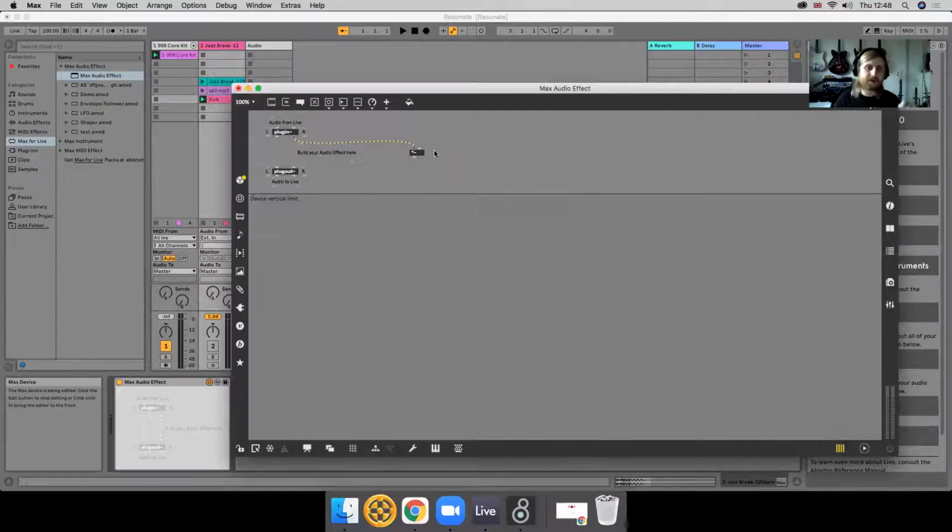What happens when we multiply the signal is basically we can reduce its amplitude or we can increase its amplitude. So basically, by multiplying this incoming signal by a number, we can create a volume control. And all these values in amplitude range from -1 to 1. So we want to create